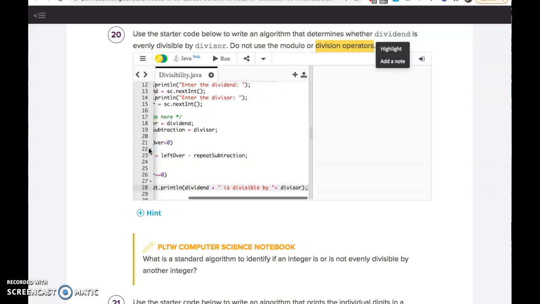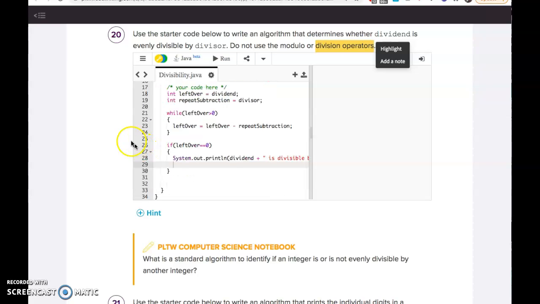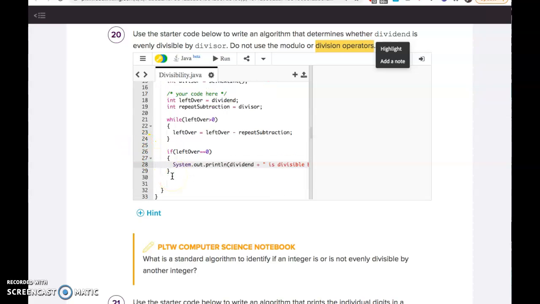Okay, so you could say, hey, yeah, if the leftover, the remainder, basically, you do repeated subtraction, it comes out to be 0. Else, you would say,